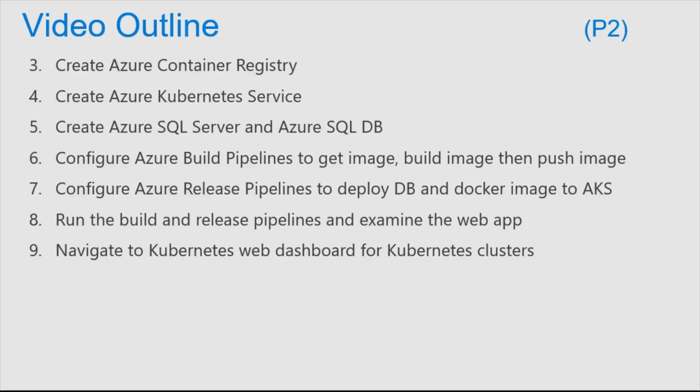After that, I will configure the Azure build pipeline so we can pull the image from the public registry and then build our application, deploy the application to the image, and then push the image to the private registry. Then we will configure the Azure pipeline for the release pipeline to deploy the DACPAC or the database to the Azure SQL Server and also push the Docker image to the Azure Kubernetes Service. Then we will run the build and the release pipeline and examine the web application which will be deployed to